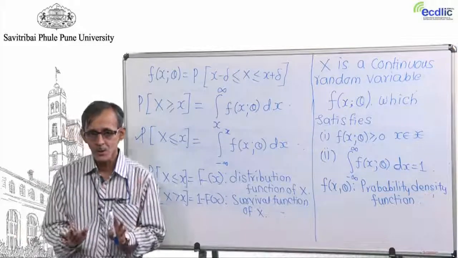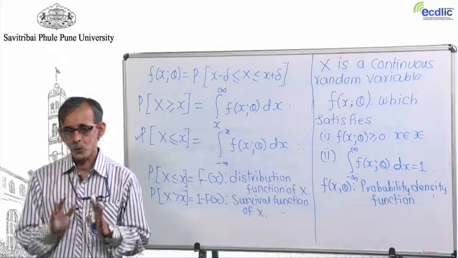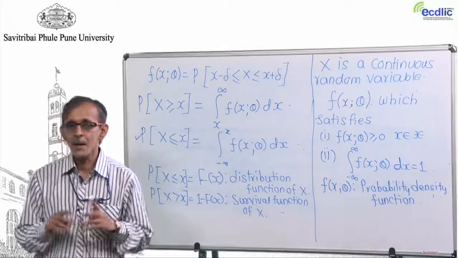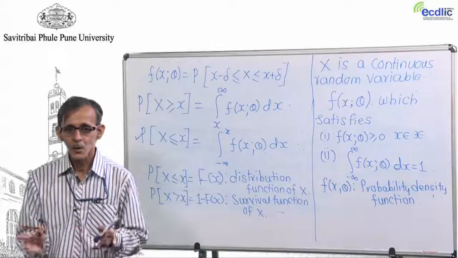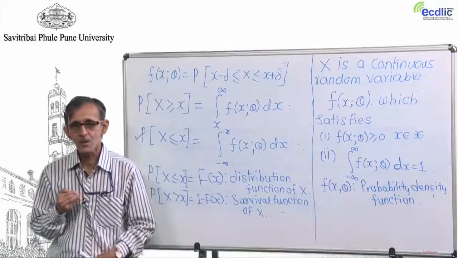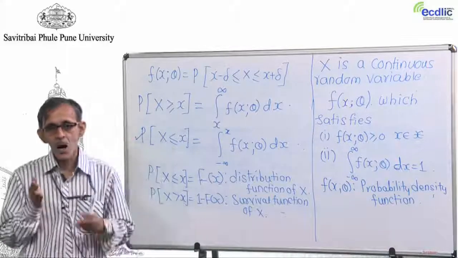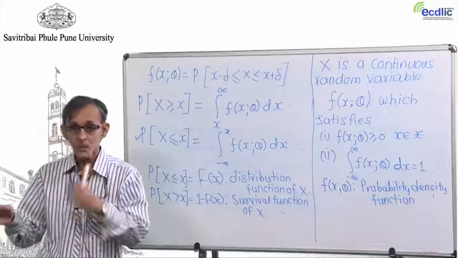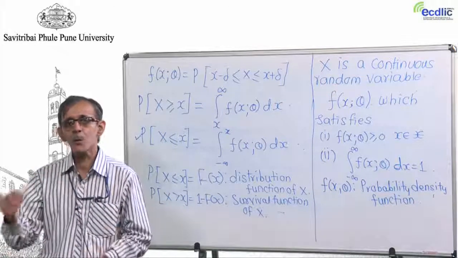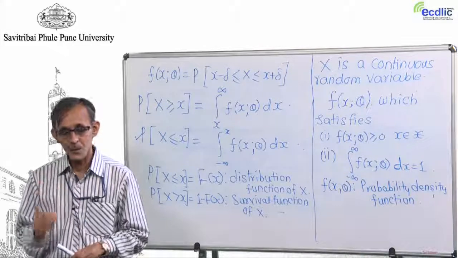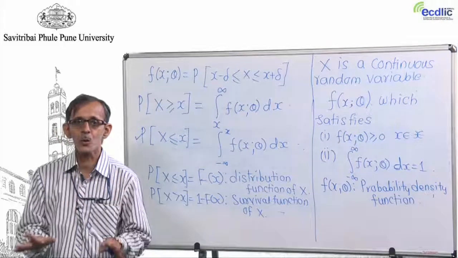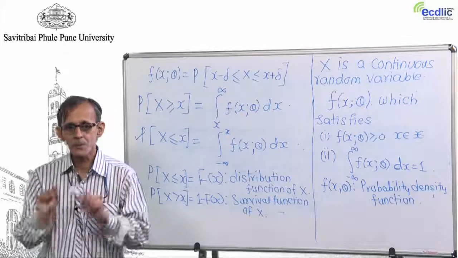So, the next job is to define what you mean by conditional probability, what you mean by independence of two events, and what you mean by independence of two random variables. Before that, we have to define what are random vectors, and how vectors are different from the sequence, that we will separate out. Then we will move to define the first dependent structure among the sequence of random variables, called Markovian dependence, which we call Markov chains.